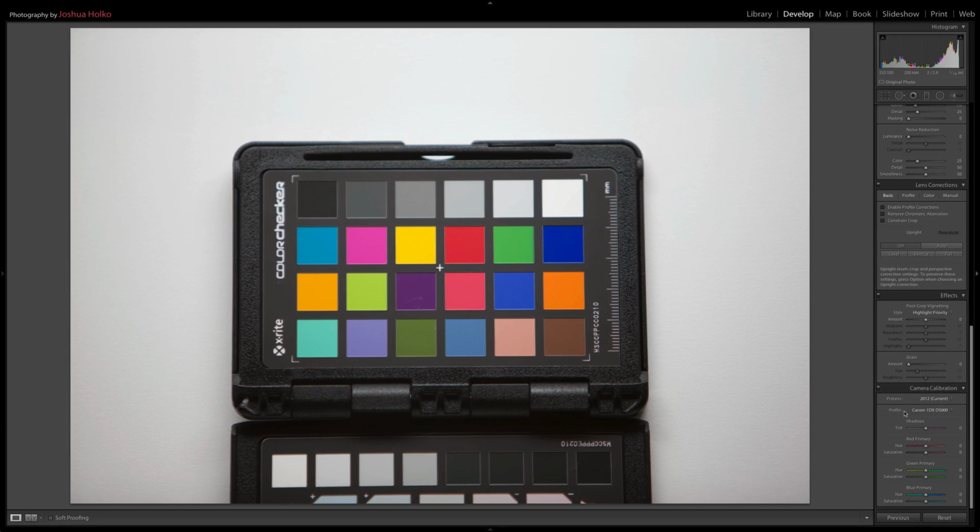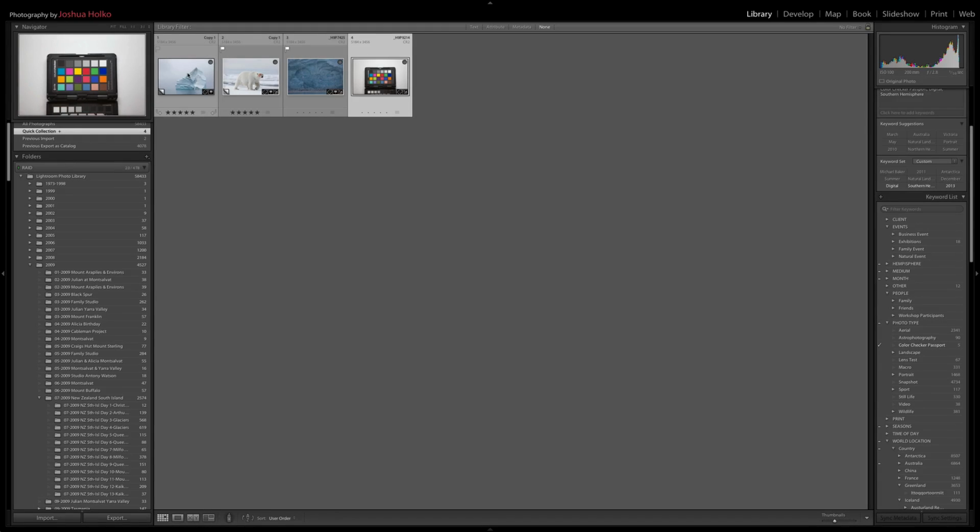So applying my custom profile is one of the first things I actually like to do when I start working with my photographs in Lightroom. And I actually always carry a ColorChecker Passport with me into the field, and I quite often will photograph it in the field, just so that I've got images under varying light sources if I do want to use it for setting a white balance. In most cases though, I'm just using it to set a custom camera profile for color rendering. So let's have a look at processing some images with ice and snow